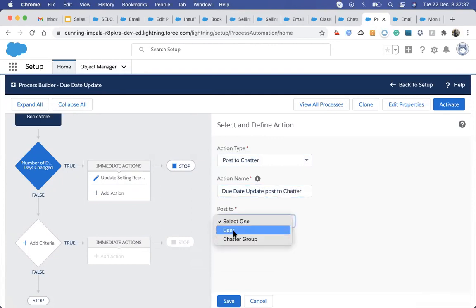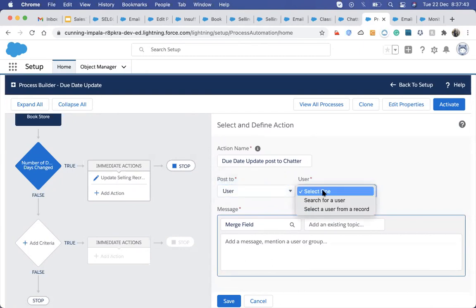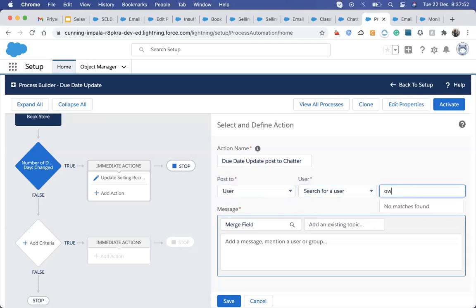I could post to a Chatter group, but I don't have a group, so let's post to a user. Select a user. I will use the owner, mentioning the owner record, or technical.